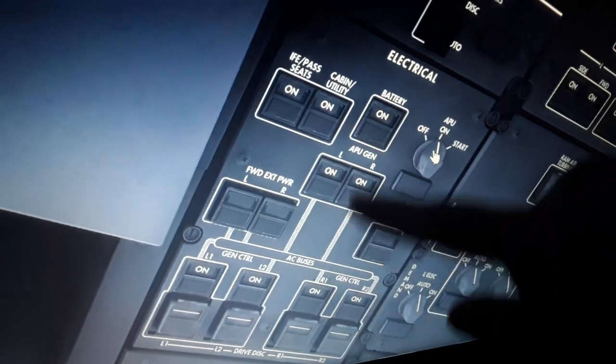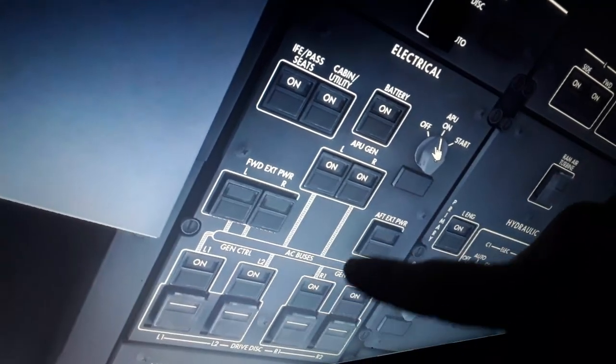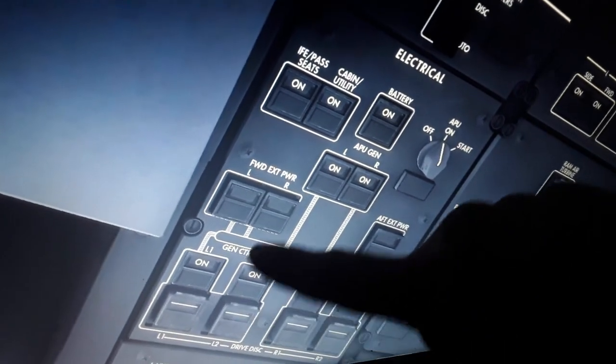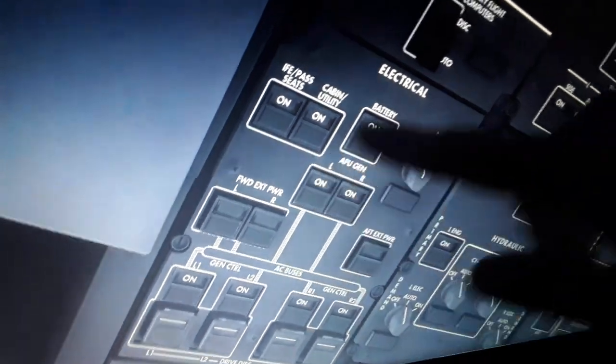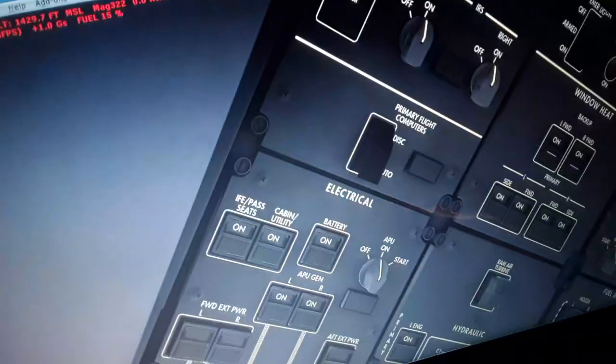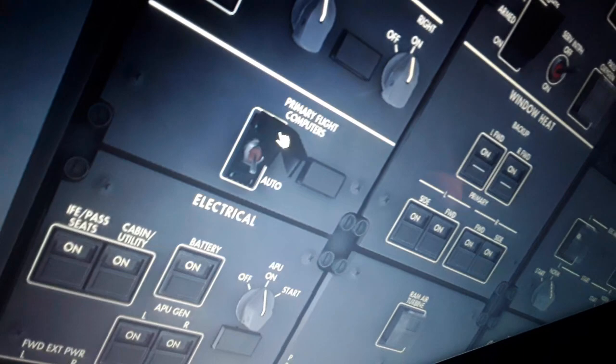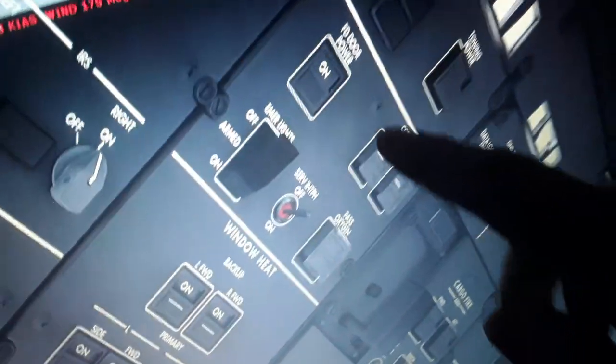We have the left and right IDG, the grid, rise and radio, 120 volts, 400 volts, 120, 200 volts, 400 Hz frequency, 108,000 kilovolts, the battery. We're going to see that in a later display. Primary flight control computers in the auto position here, air data computer, flight control surfaces, FT door here, towing power,